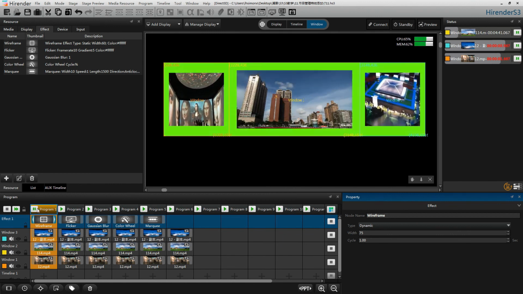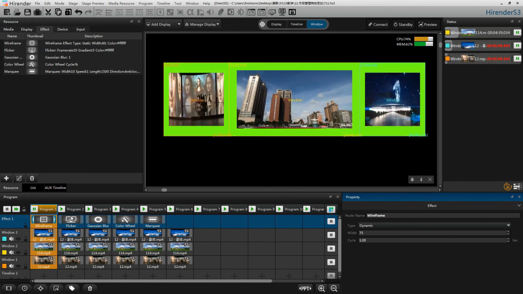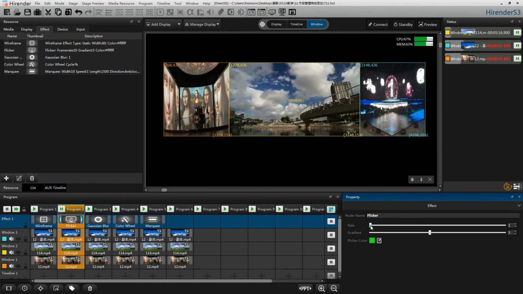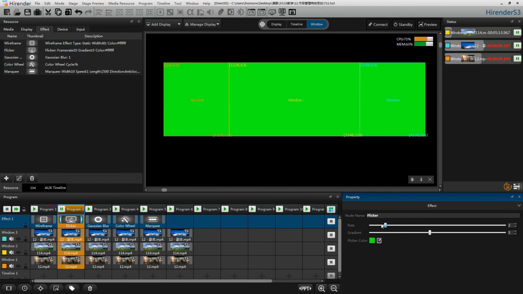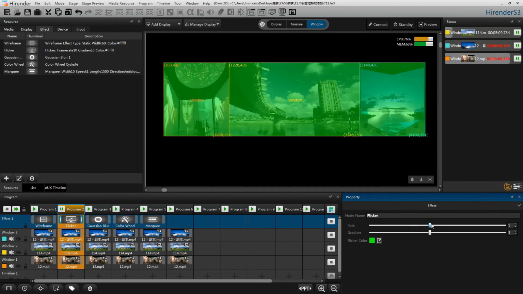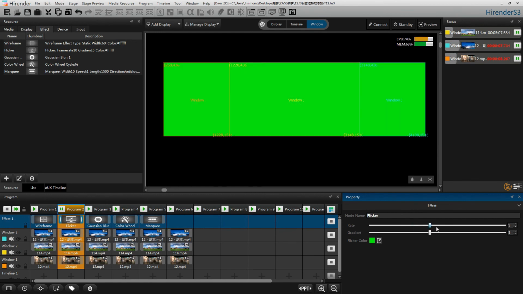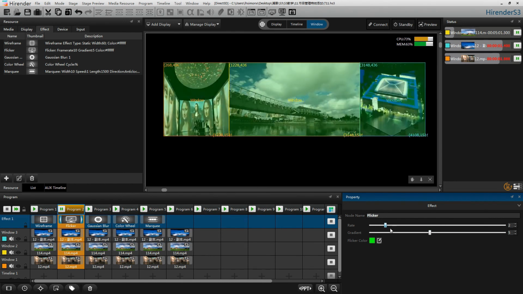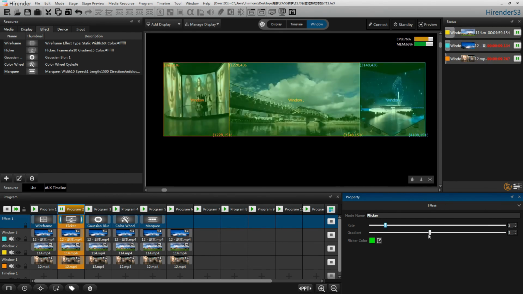Okay. Next, we will introduce the flicker. So for the flicker, there are 3 tabs. For the rate, it will change how faster the flicker will come up. Note that it's just a scale. It's not the exact frequency for the flicker. So there are just 10 scales. Also the gradient